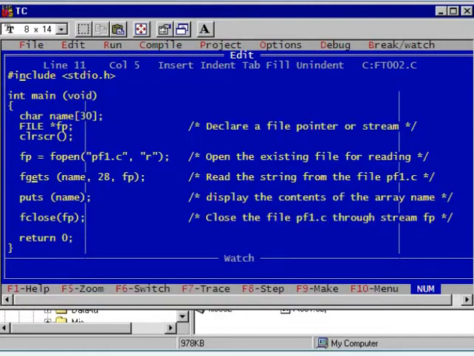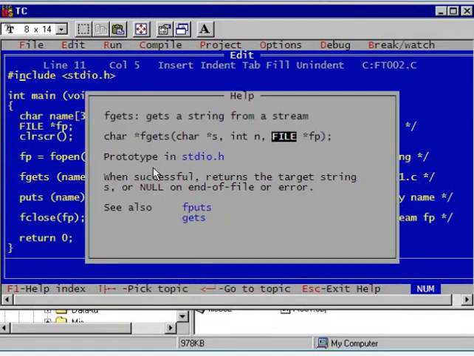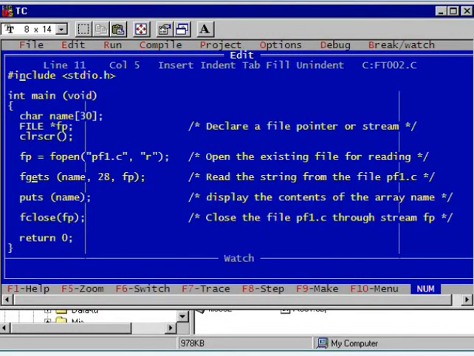Here the stream is your fp. Where will it store it? Inside the array, namely name. How many bytes will it read? 28 bytes. Is it clear? So here n means 28, char star s is your name array, and this is our stream fp.